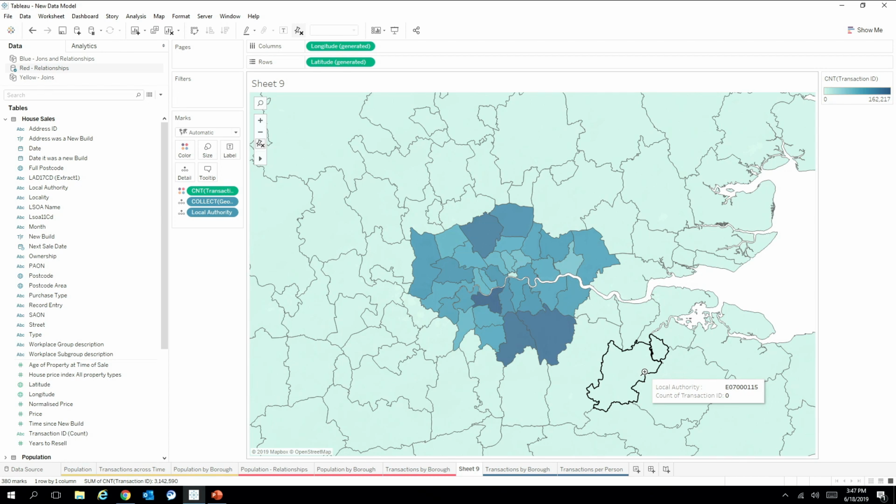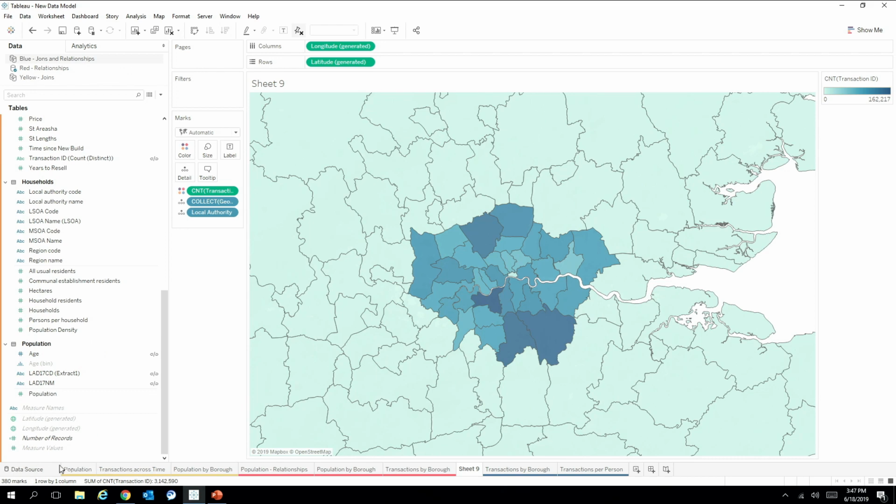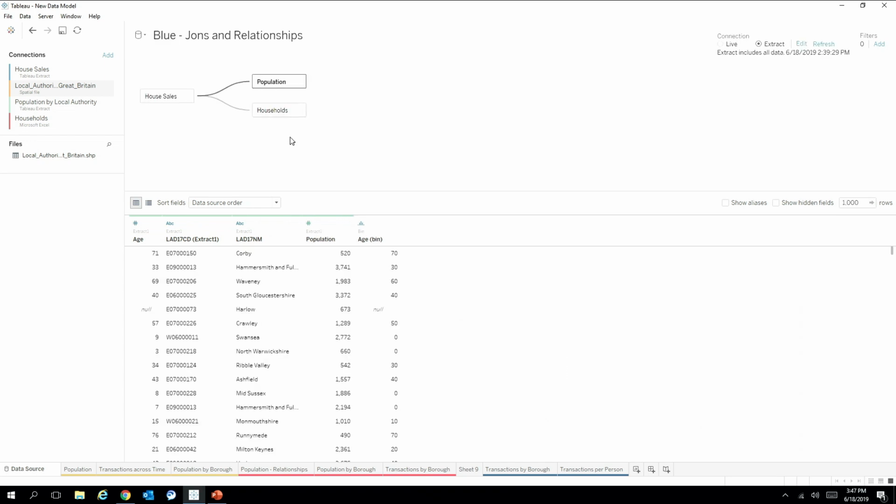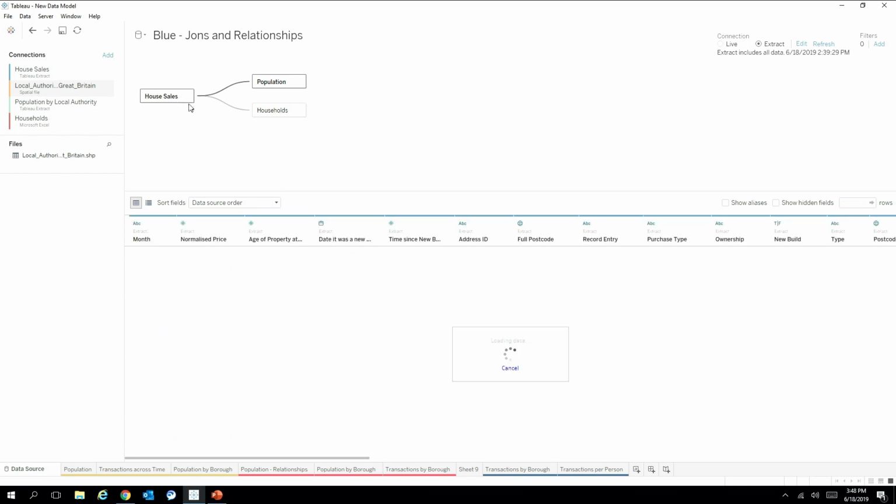And good news. The new data model supports both joins and relationships. So everything that you're used to today will continue with the new data model. We're only adding, we're not removing anything. So what I can do now, if I go into this data source tab here, let me show you what happens if we pop open one of these objects. So inside of this house sales object here,